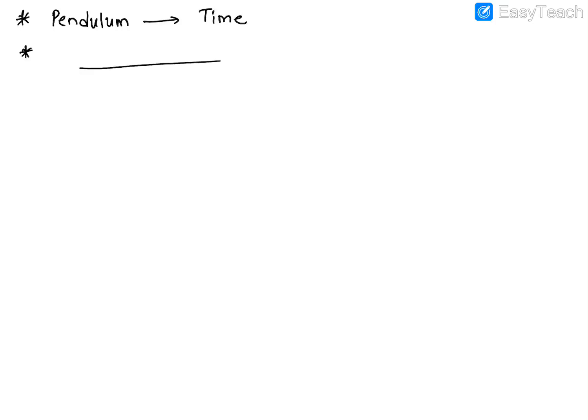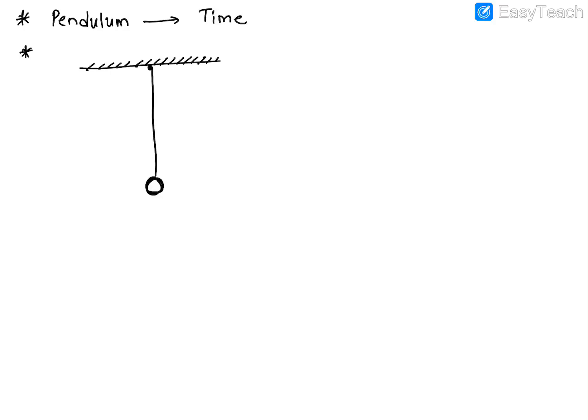So if there is a rigid support, say out here we have a rigid support from where we have suspended a string. Okay, there is a string, and at the end of the string there is a bob. So what does a bob mean over here? Any heavy mass can be used as a bob. Like if you have a stone, a heavy piece of iron, a weight or something, anything which is a little heavier can be used as a bob.